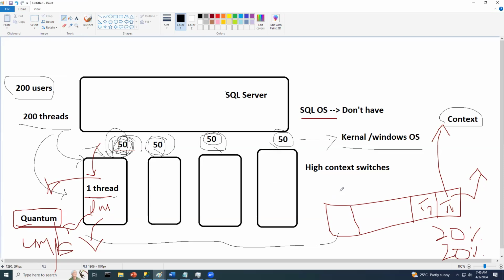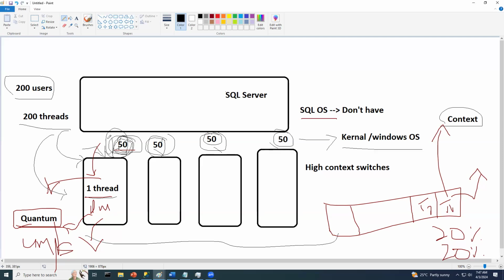It will keep increasing the CPU at the kernel level or the Windows level, because it keeps executing and keeps writing into the register. It has to write this context into the register, and then load that context into the CPU again. That is an additional CPU cycle, right? To avoid these context switches, which have different disadvantages,